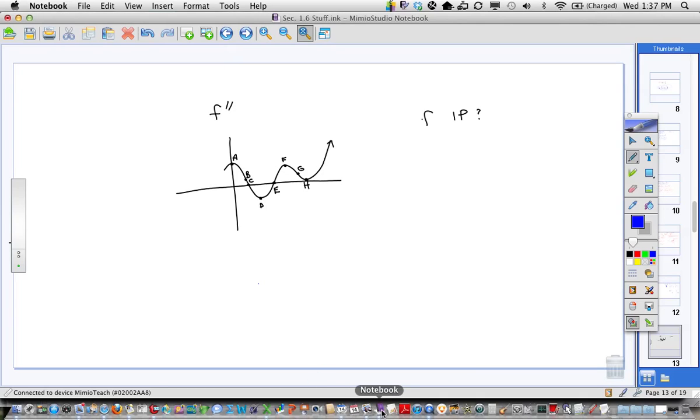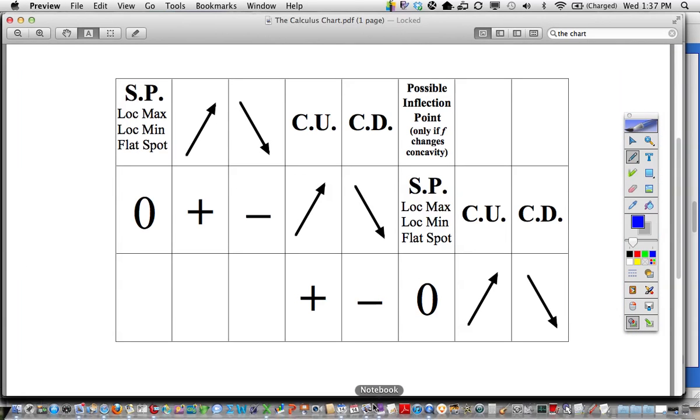I can't tell if we were confident of that or the ones that were confident just were a lot louder. But remember F double prime mostly tells us about concavity of F, right? So F has inflection points when these two columns switch. Positive to negative and vice versa. Well, that happens at C and it happens at E. Now what would H be on F? We often think flat spot. That would be a flat spot on F prime. Yeah. On F,